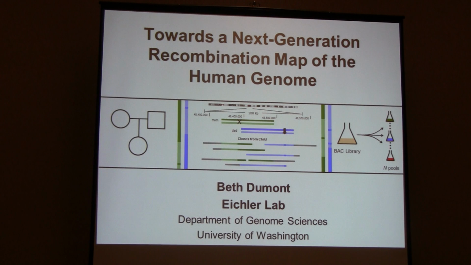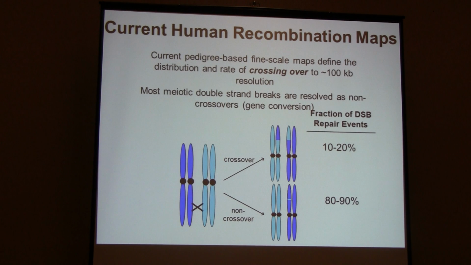So I'm really glad to have the opportunity today to share with you some of the work I've been doing in Evan Eichler's lab at the University of Washington. Current human pedigree-based recombination maps do a really great job at detailing the distribution and frequency of crossing over across the genome. However, these high-density recombination maps don't really provide a complete picture of recombination, and this is because